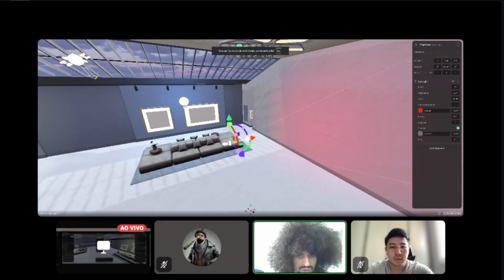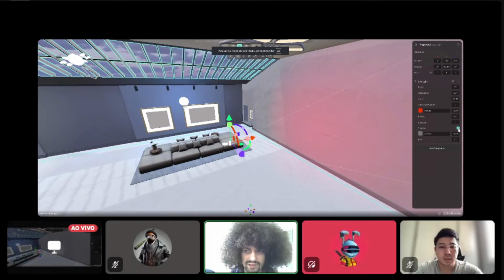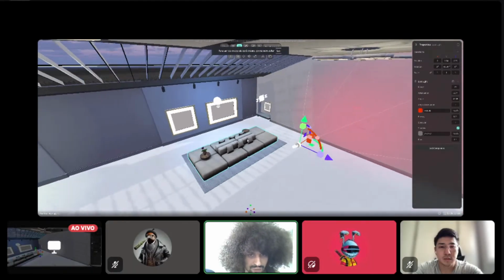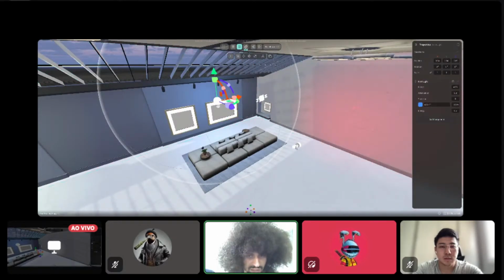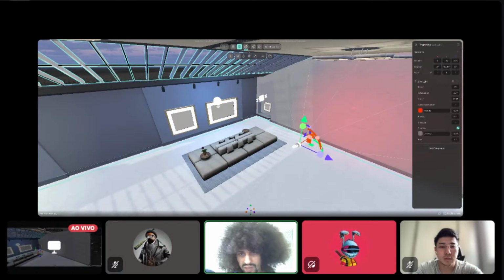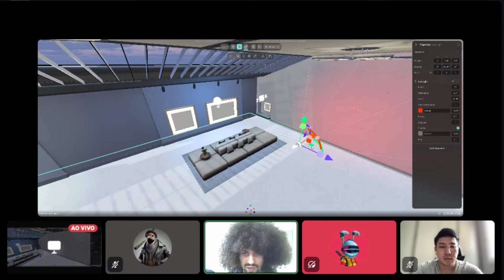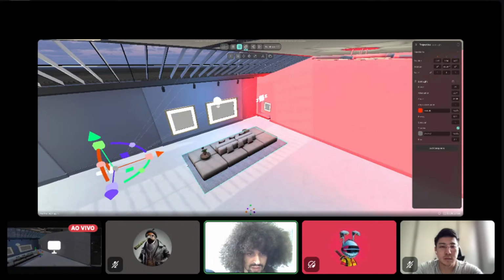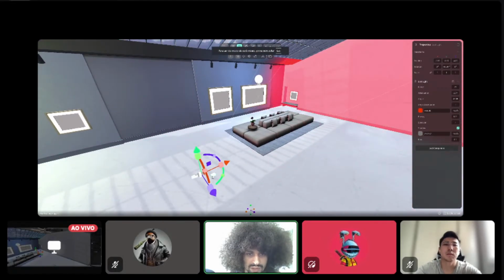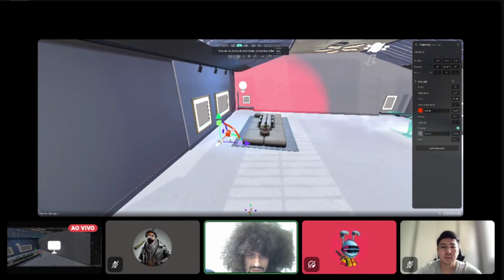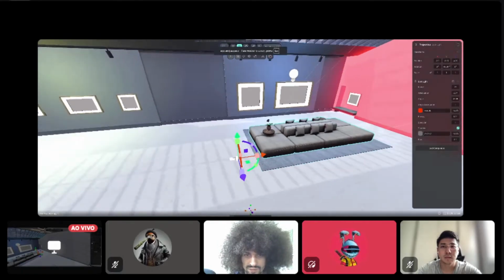This light also has the shadow settings different from the point light. The point light is the only one that we don't render shadows dynamically, but the spotlight and the directional light do. So if I put it in here, for example, you will be able, at least I think, you will be able to see some shadows.